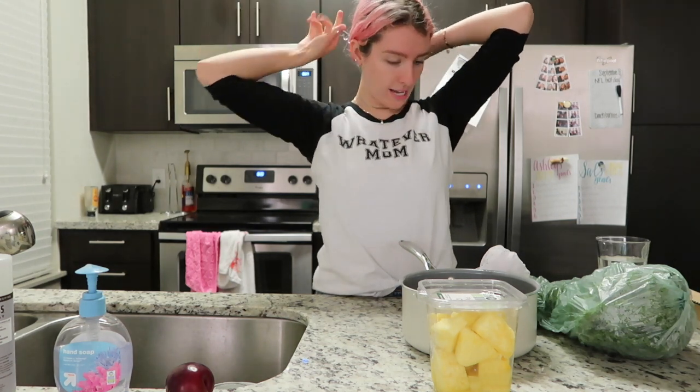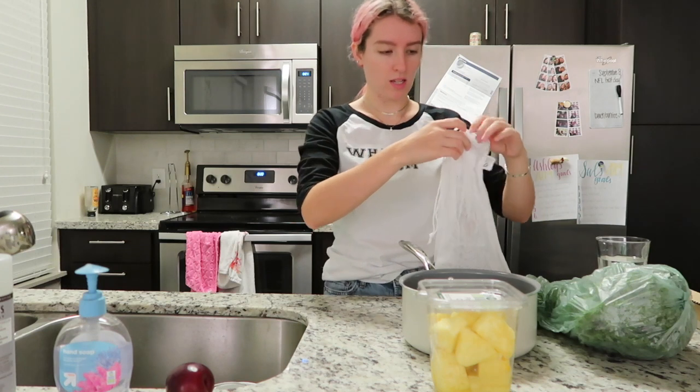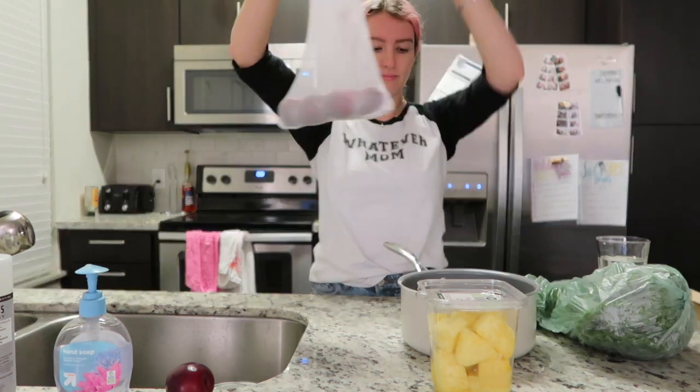This should go well. I'm going to put my hair back because I'm not just making this for me, so I don't want any hairs in there. I guess I wouldn't want hairs even if I was making it just for me. Okay, first I'm going to